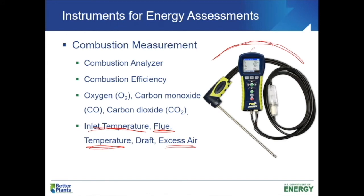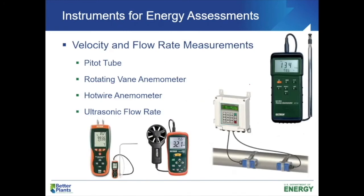These things are super slick, really powerful for tuning our combustion devices, and I'm pretty sure we're going to talk a lot more about that here in a couple more sessions. All right, so moving along here for a few more